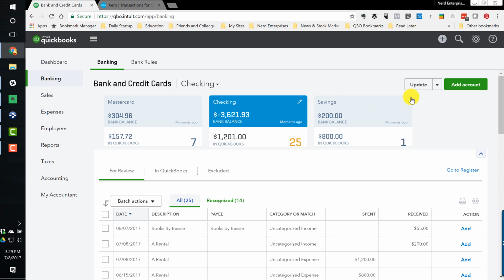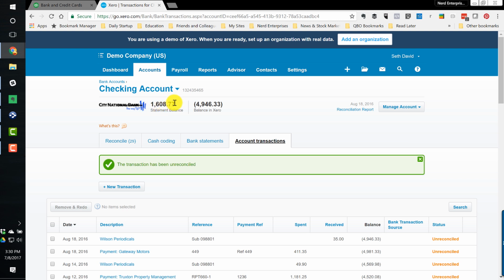The only way to update this balance is to click Update and pull the data directly down from the bank account. To me, that's how a bank feed should work. This, in Xero, the way I can manipulate this number, it's an auditing nightmare. It means it's completely unreliable because it can be changed, and I don't know who's operating the books necessarily, which